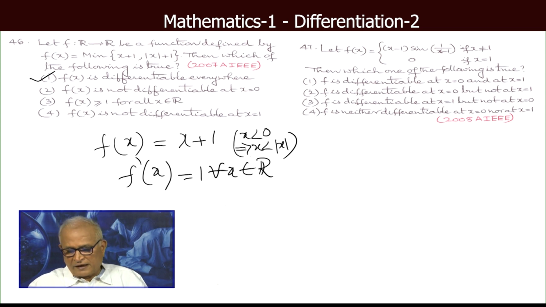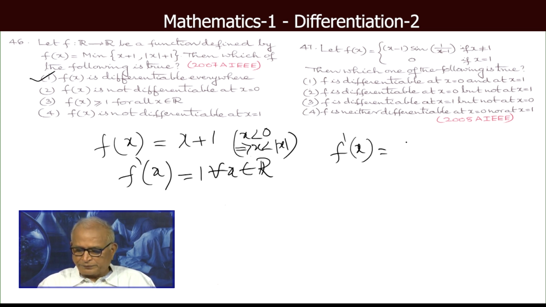47. f(x) equal to x minus 1 into sin 1 by x minus 1 if x not equal to 1. x not equal to 1 అయినప్పుడు x minus 1 కి డెరివేటివ్ 1. x not equal to 1 అయినప్పుడు sin 1 by x minus 1కి డెరివేటివ్ కూడా ఉన్నాయి. ఇది కూడా EAPCET పేపర్లో ఇచ్చారు 2008లో. sin 1 by x minus 1 డెరివేటివ్ ఎంత, cos 1 by x minus 1 ఇంటూ డెరివేటివ్ ఆఫ్ 1 by x minus 1 అంటే మైనస్ 1 by (x minus 1) హోల్ స్క్వేర్. సో f dash x ఈజ్